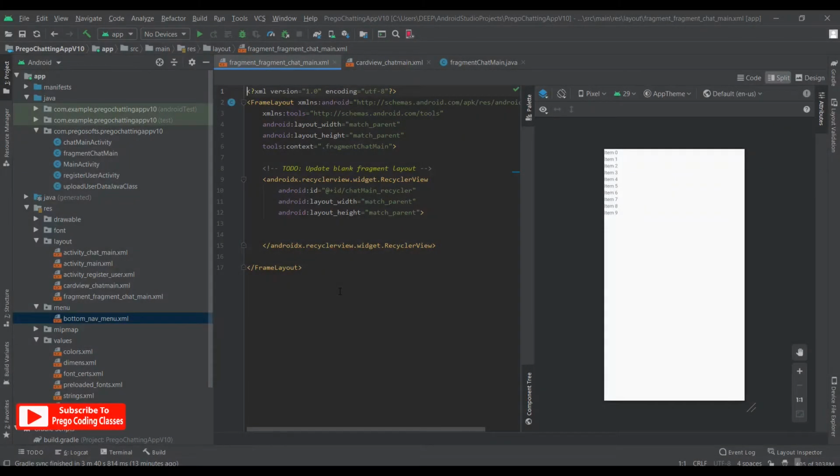Okay, so in the last video, we were done with the fragment chat main. Now we'll go on working with fragment friend list and fragment friend request. So let's just quickly create a fragment.